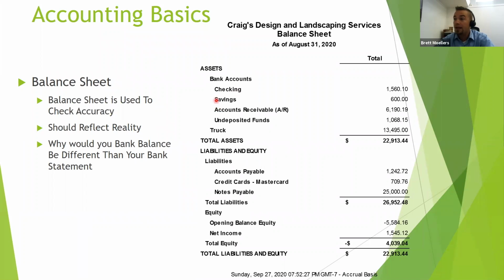Now, moving on to the financials. When you hear banks or your accountant or whoever talk about financials, really it boils down to two reports. One is the balance sheet, a very important report. The other is your income statement or profit and loss. Now on the balance sheet,